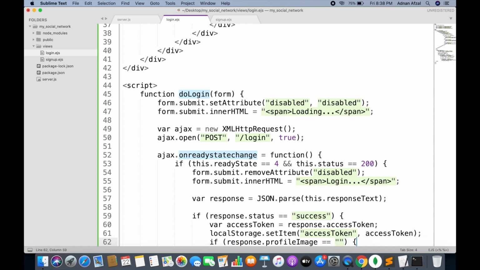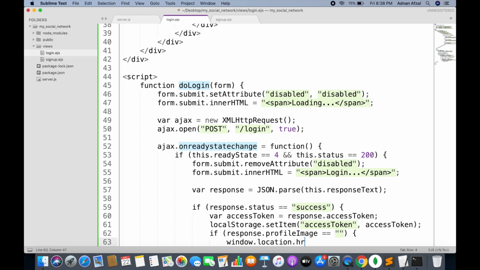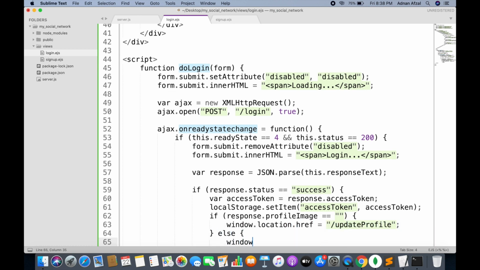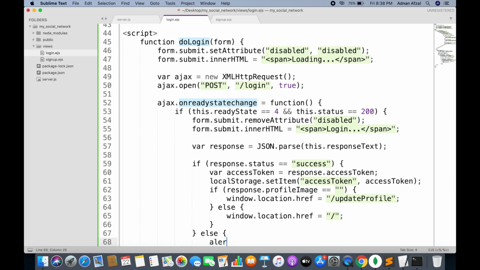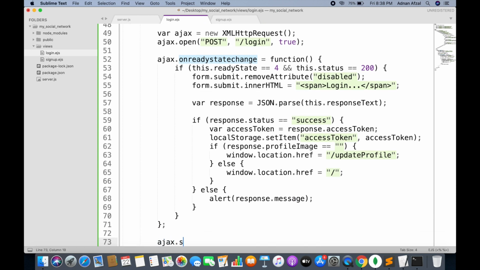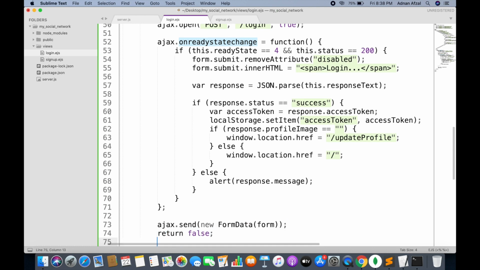And we will check if the user has selected his profile image. If not, then we will redirect the user to the update profile page where he will be able to update his cover photo and profile image. Otherwise we will redirect to the home page. And finally we will send the AJAX request as a form data object.